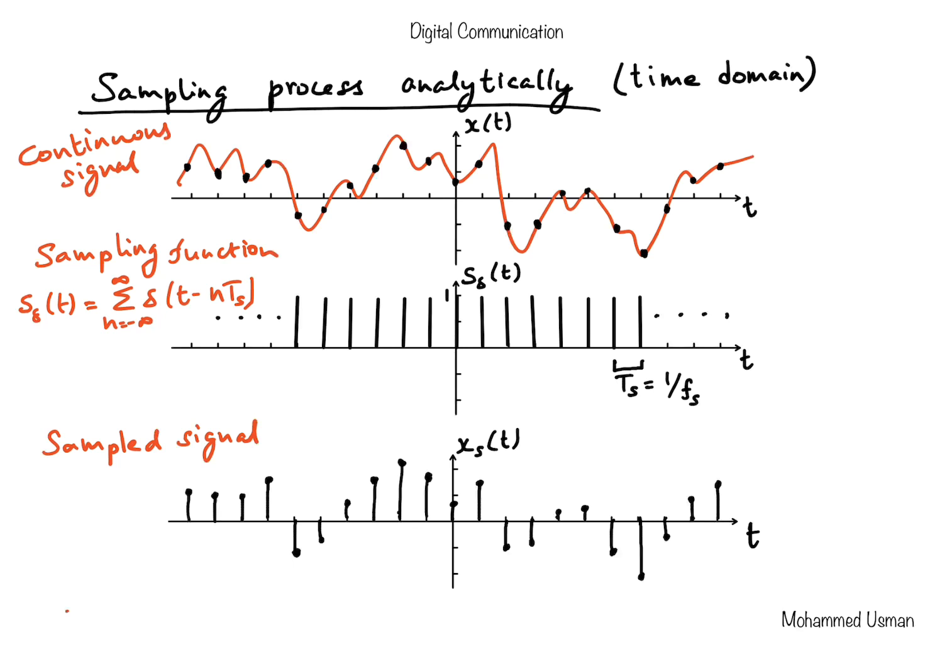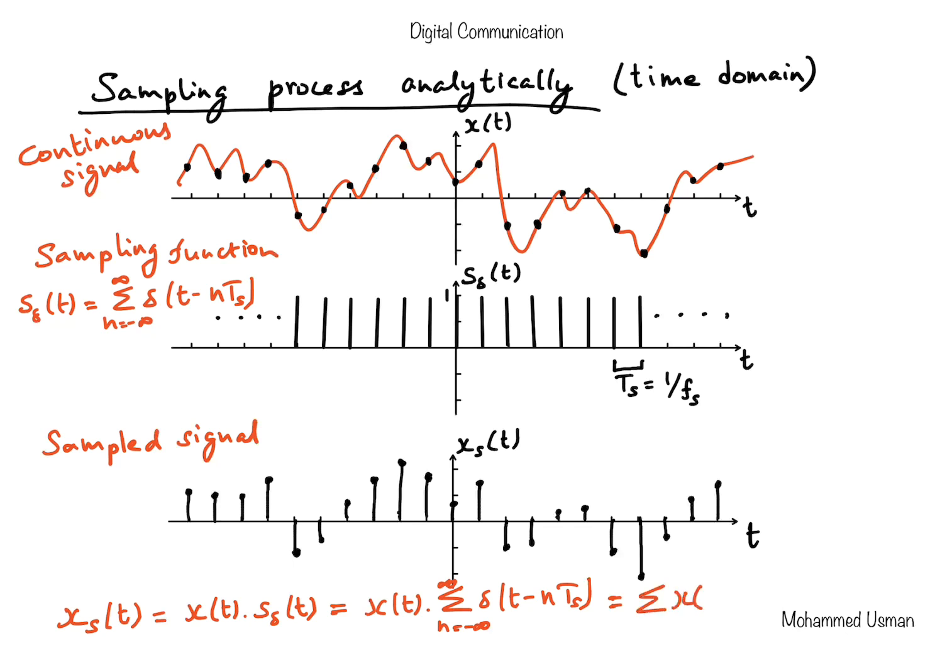So we can write xs of t to be equal to x of t multiplied with s delta of t, which is equal to x of t getting multiplied with s delta of t, which is defined as the impulse train, delta of t minus nTs for n equals minus infinity to infinity,